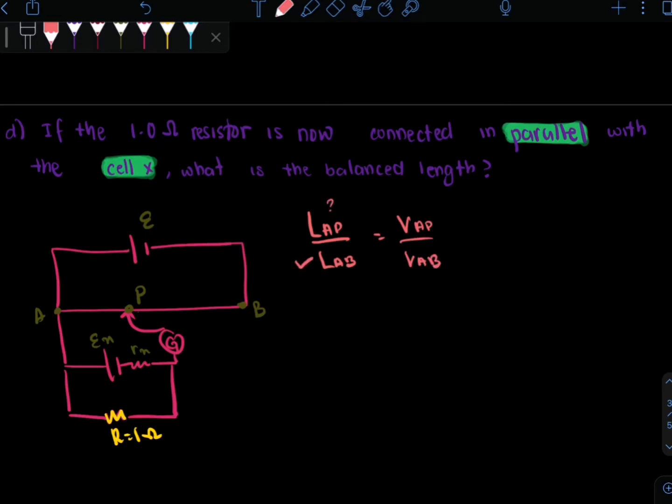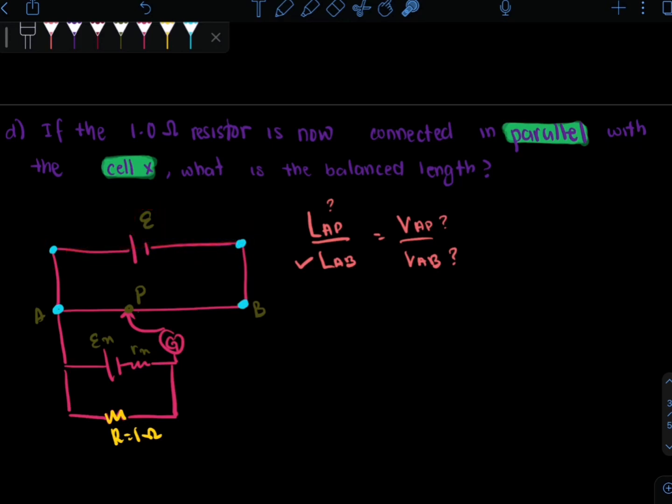So for that, this is what we are looking for. LAB memang ada, kita nak dapatkan VAP dan VAB kita. So now look at the diagram. Dekat diagram sini kita tahu potential AB ini akan sama dengan potential sini. Okay, and we know the EMF here is going to supply the energy, dan energy dia akan sampai ke hujung sini, dua-dua hujung. It will be reaching here without losing any potential sebab there is no presence of resistor dalam